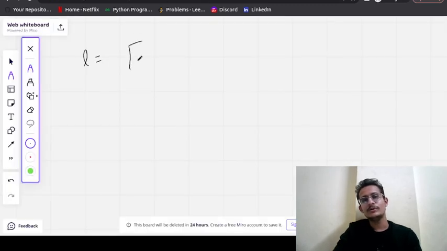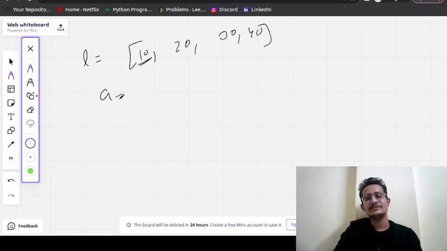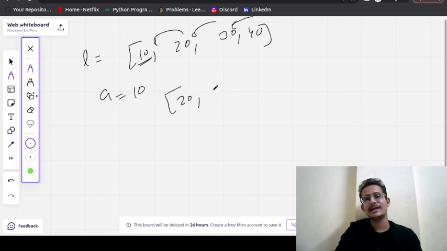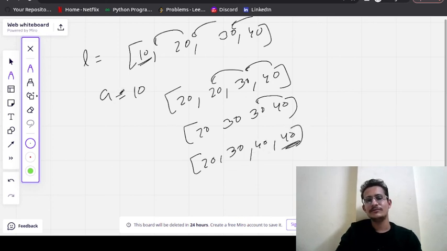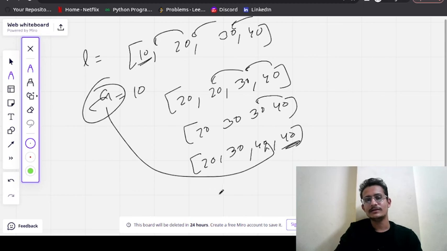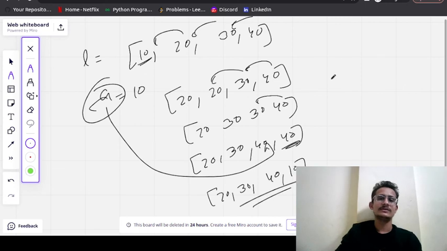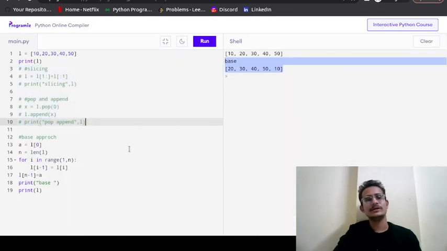That what we will do, if we have elements like this 10, 20, 30, 40, we will store this A to some other place, then we will shift all the elements by 1. So first of all it will be like this 20, 20, 30, 40, then we will shift again. So it will be like this 20, 30, 30, 40, then again we will shift. So it will be 20, 30, 40, 40. Once this is done, we will copy back this A to here. So it will be 20, 30, 40, 10. Perfect. So this is the solution for the given approach.